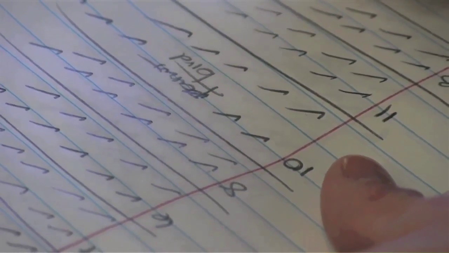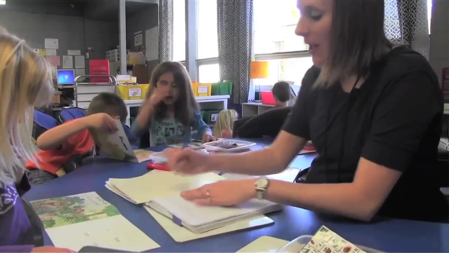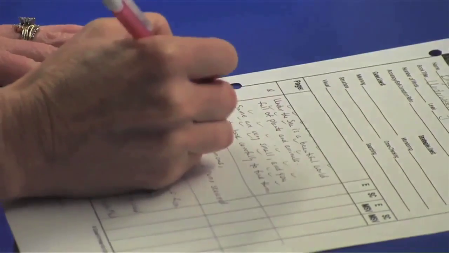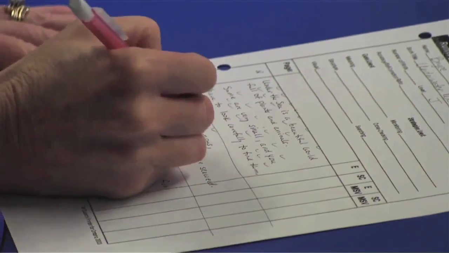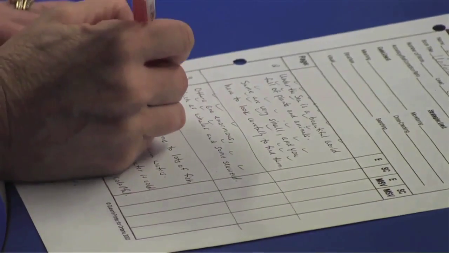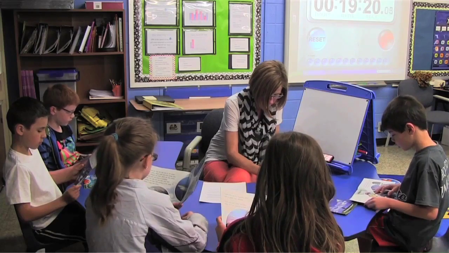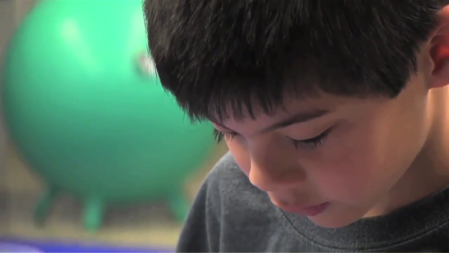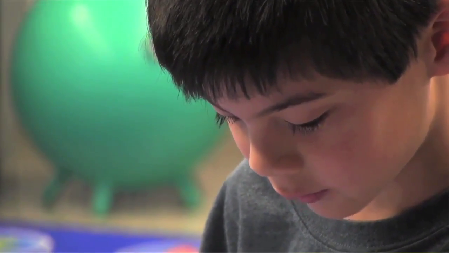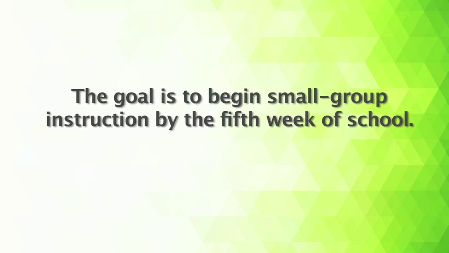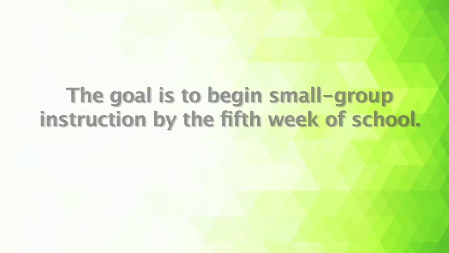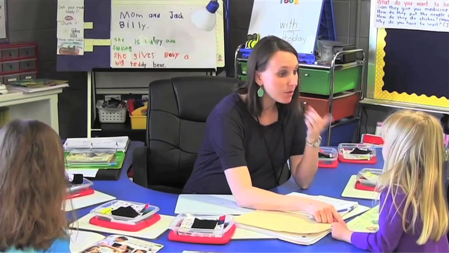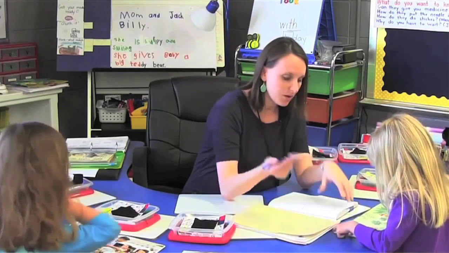valuable data. The use of both formal and informal assessment data throughout the year will guide you in making your initial groups and adjustments. When possible, use data from the previous year's assessments, namely the DRA2, to form initial groups. When the information is not available, you will want to prioritize assessing those particular students. Keep in mind that the goal is to begin small group instruction by the 5th week of school. If you need further assistance with conducting a DRA2 or analyzing the results from a DRA2, please see the additional